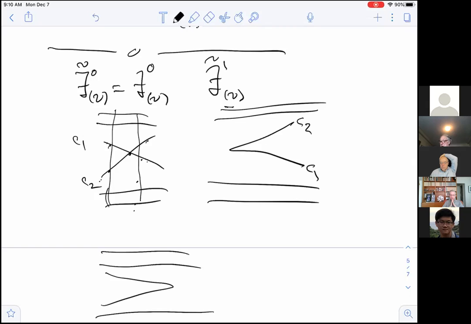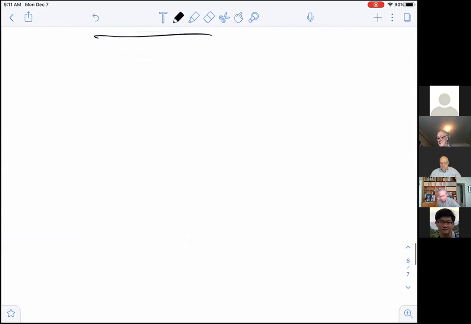So how can a birth or death leave the number the same? If all the critical levels below C1 contain points with index less than or equal to that of C1, and all the critical levels above C2 have indices greater than or equal to that of C2, then this birth does not affect the inversion number. Otherwise, it does by at least one. So the only way a birth or death cannot affect the inversion number is, letting these be index i and i plus 1, that these are all the indices less than or equal to i, and these are all the indices greater than or equal to i plus 1. Then it won't affect the inversion number, which would be the sum of the inversions up here and the inversions down there. Okay, so we have this increasing